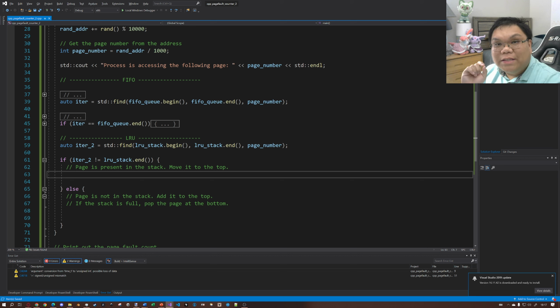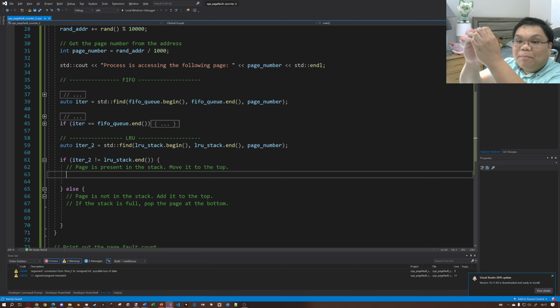So there are two ways we can do this. We can use the iterator and just move the node to the top, or we can do it a lazy but potentially inefficient way where we're just gonna erase that node from our stack and just re-add that page number to the top. I feel like that's a little bit easier to program, even though it might be a little bit less efficient because we just destroyed a node just to make a new version of that node. Okay, so